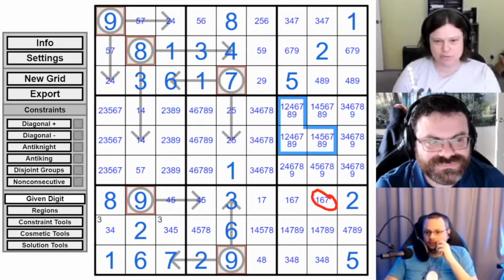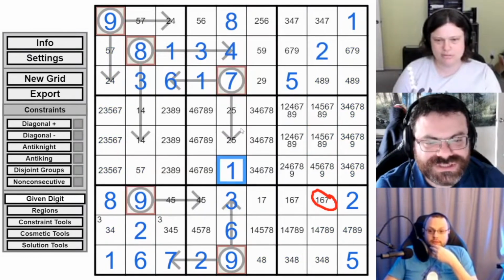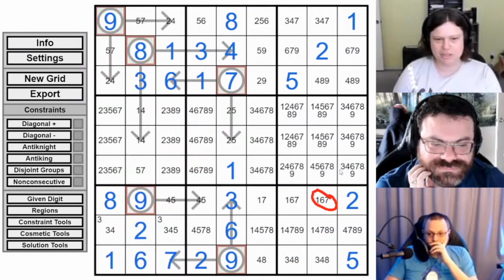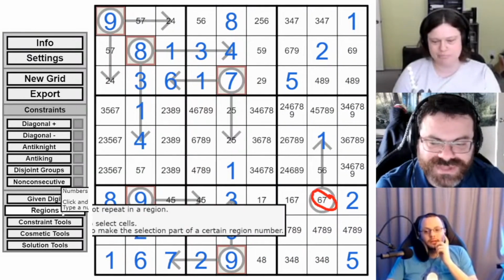I find that super useful. I usually use it near the end of the puzzle. I don't like to use it early, when it's all looking blue. But when I've put all the clues I want to put, what do I need to do to finally get this to have a solution? Were you thinking about this?